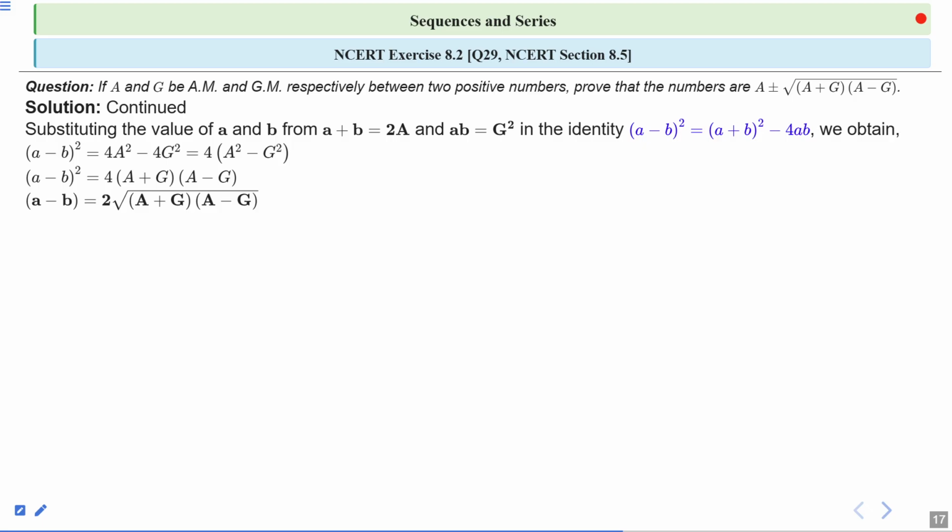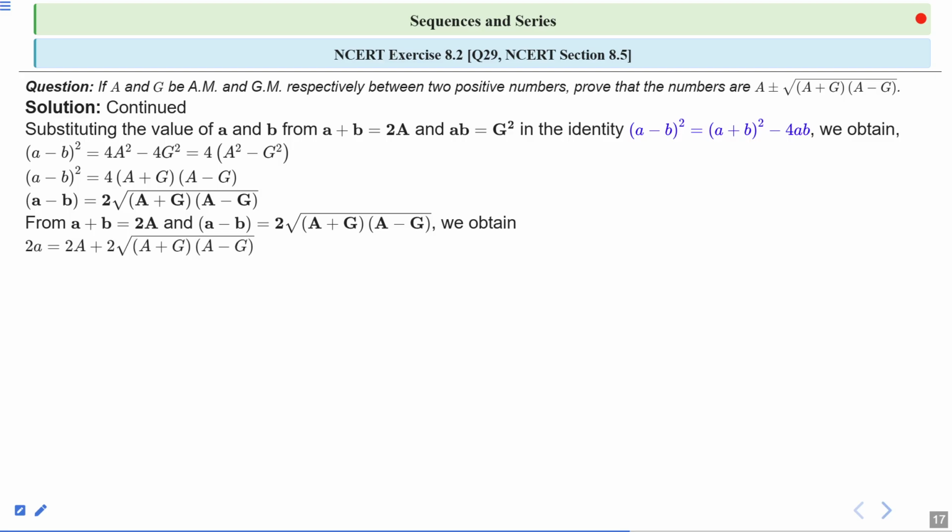Okay, so now you can write A minus B as 2 times square root of A plus G times A minus G. Okay, so from equation A plus B equal to 2 times capital A and A minus B equal to 2 times square root of A plus G times A minus G, what will we obtain? We obtain